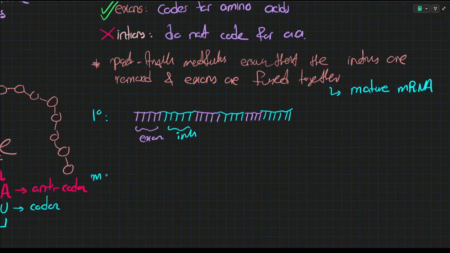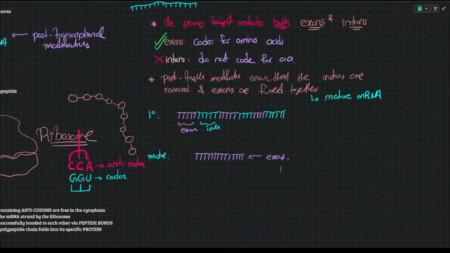Now I want to produce the mature transcript from this. All I have to do is replicate this, duplicate this, like this. Now I don't want any intron. I'll get rid of the introns, the blue ones. No need. Not coding for anything, so it's useless to have. And then I will fuse the exons together like this, thus giving me my final mature mRNA transcript with only exons. And those are the post-transcriptional modifications that you need to be aware of.